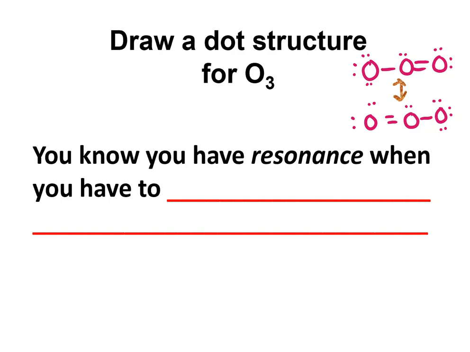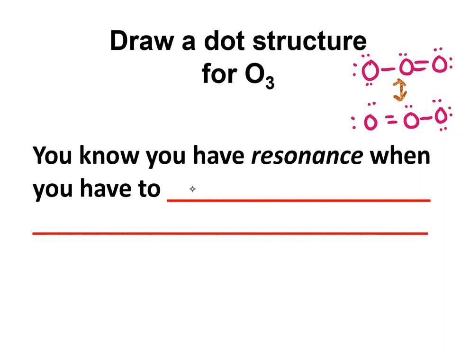Well, ozone has resonance, and the reason we knew is because when we draw its Lewis dot structure, we had to choose where to put the double bond, and that tells us that those two possibilities are equivalent, and what's really happening is that those electrons that made the second bond are actually being shared across all atoms. So anyway, that's your clue for how you know that you have resonance,